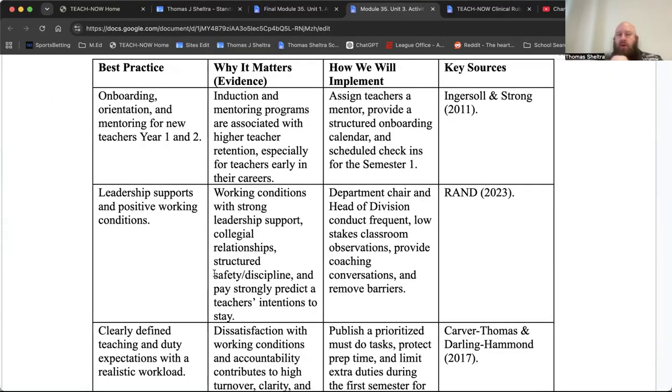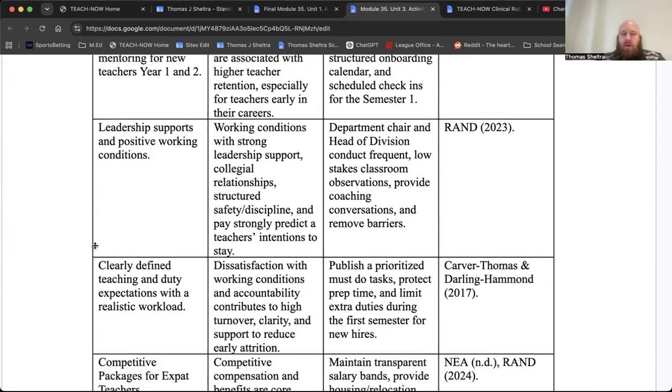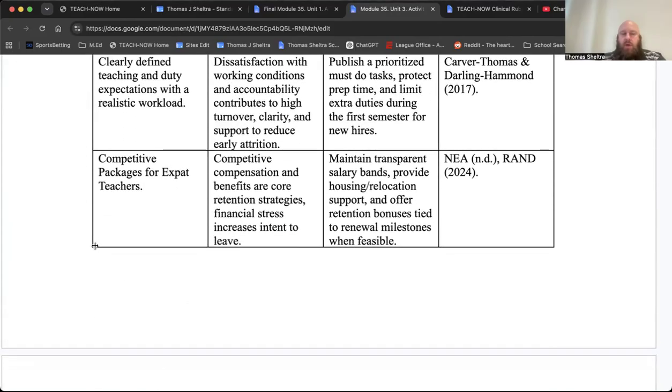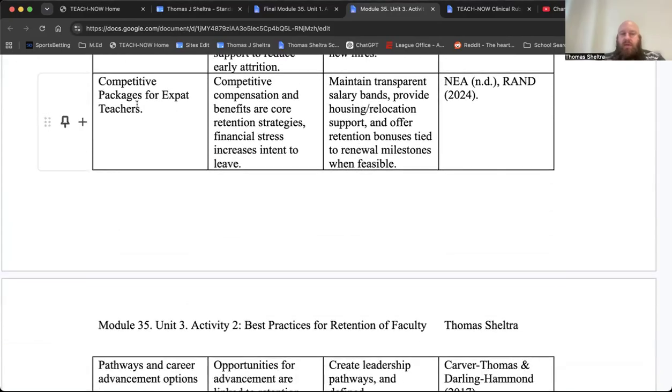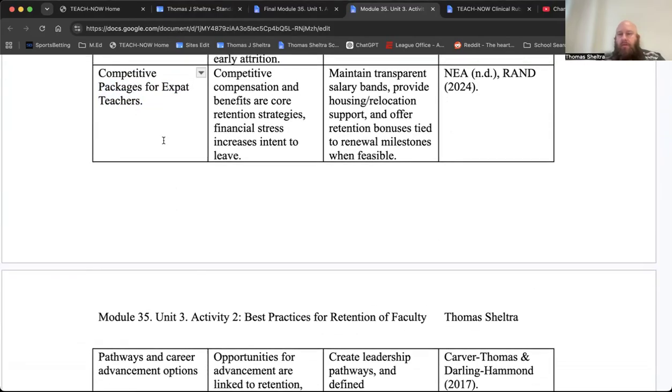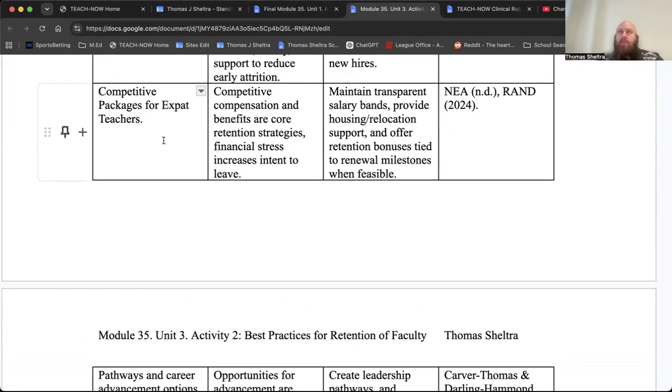into our school, so that we don't have to take a lot of time to retain them, because we're getting the teachers that we want that have the quality that meets the standards we're looking for. But part of that is the competitive package. Oftentimes this is a little difficult because priority one was going to be that recruitment and retention